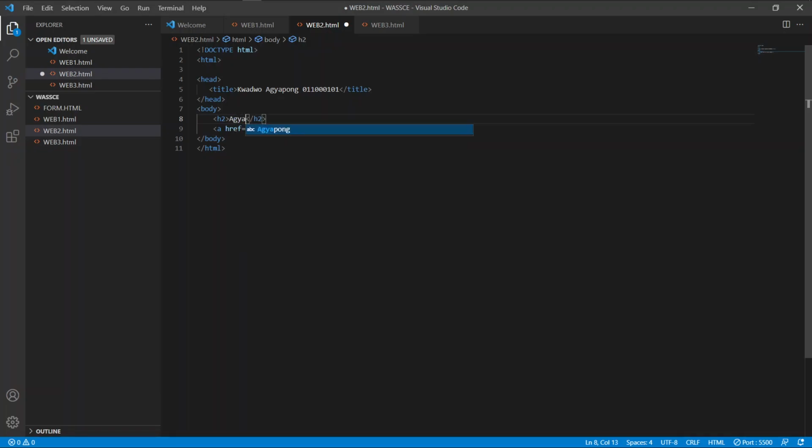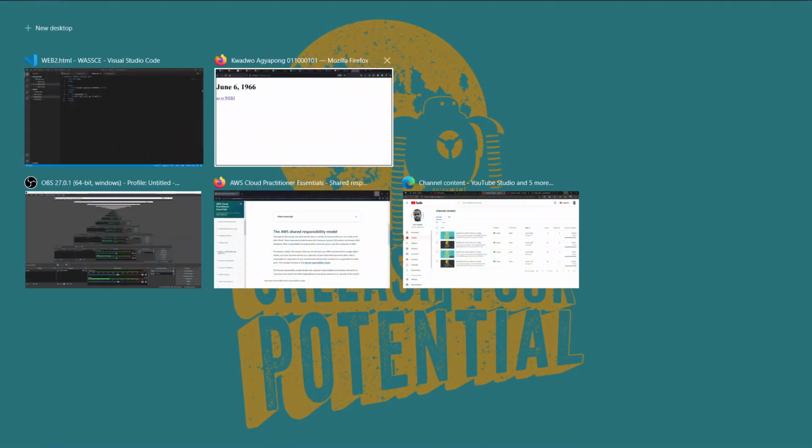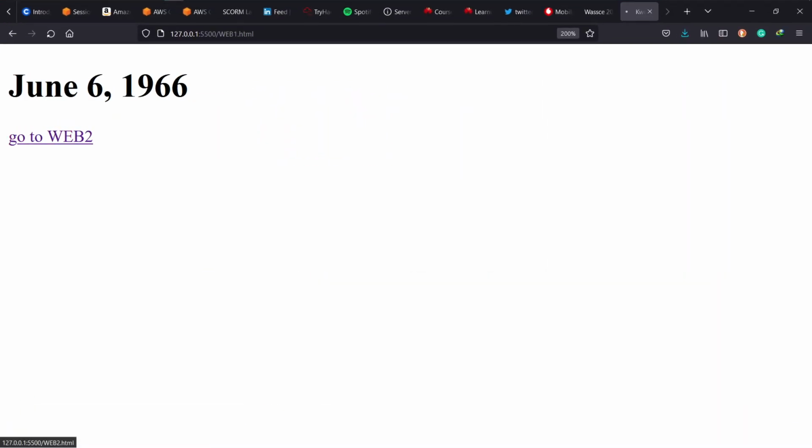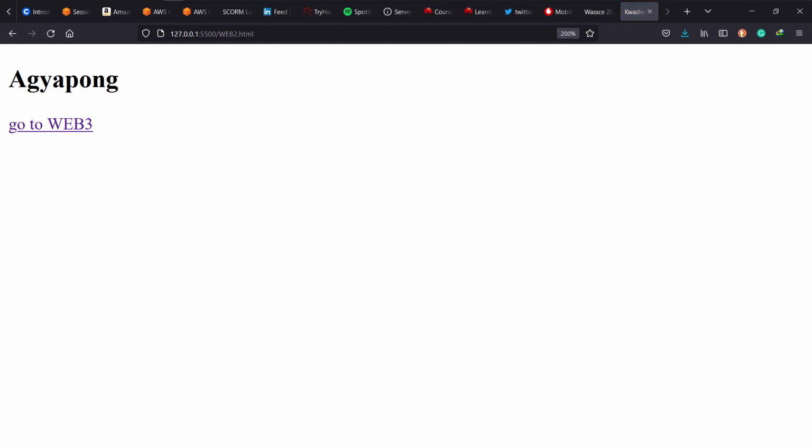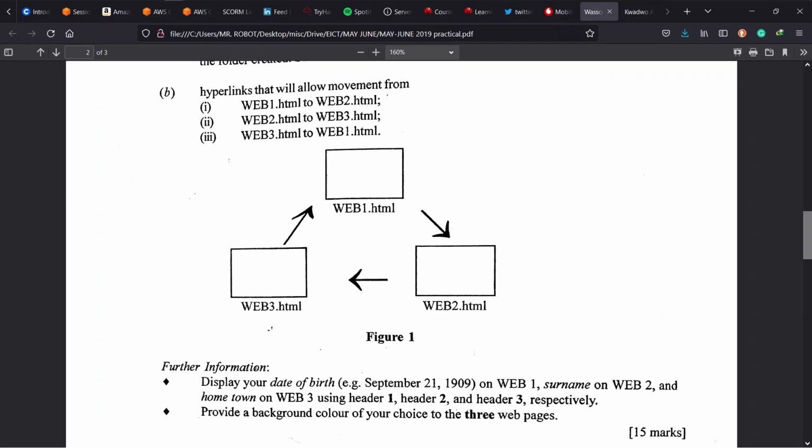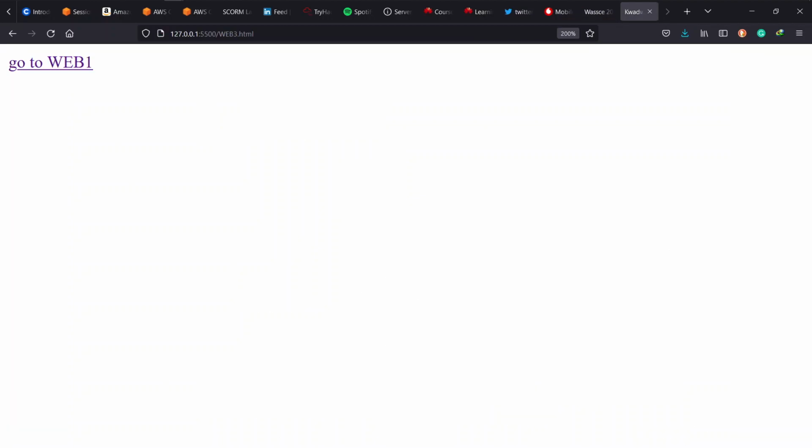Now we are supposed to display our surname. My surname is Japan here, so we put that there, and we can go back and then see how we've done in web page 2. So that is a Japan assuming the header 2 element, and then we still have our web page link here that will send us to web page 3. So web page 3 is the final part where we have to put our hometown, where we come from, we hail from. Alright, so go back to the editor